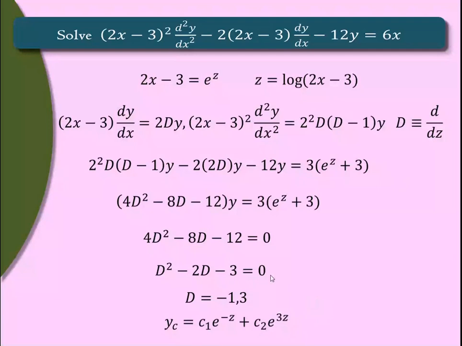Now we'll find a particular integral. Take all this term to the other side, yp part. So yp is equal to, taking all this term to denominator, 1 upon 4d square minus 8d minus 12. Apply it on this. Now here, instead of x functions, we are getting functions in z. So accordingly, we have to do the simplification. Now, we can find yp by any of the methods: general, shortcut, or variation of parameters. Now we know the formula for e raised to ax. Now instead of x, we have a z term. So no problem, we have to use the corresponding formula and constant term.